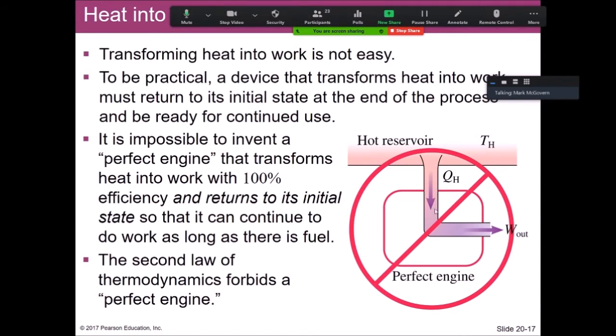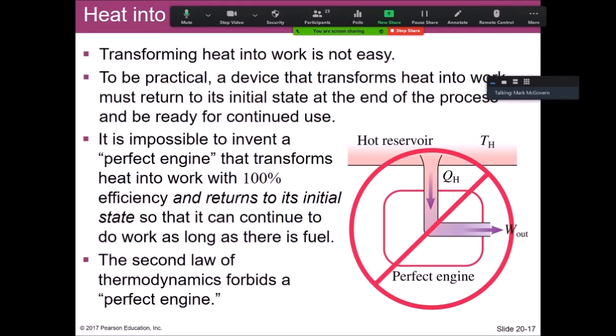The way you would complete this diagram here is to put another smaller branch down here. If the width was proportional to the amount of energy, we might put a smaller width going down. That's the cold reservoir, where some of the energy is done with work and some of it goes to the cold reservoir. That's allowable because that's a natural process that can take place. But something like this can't be done.